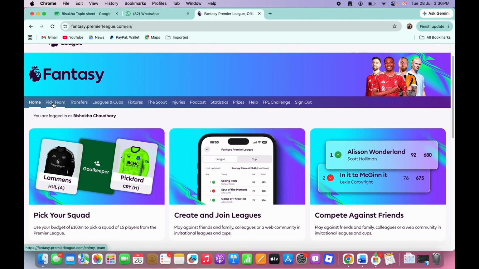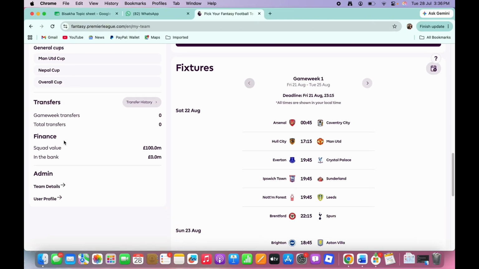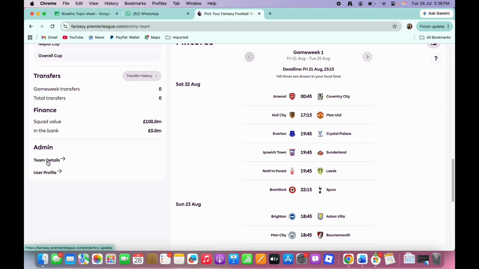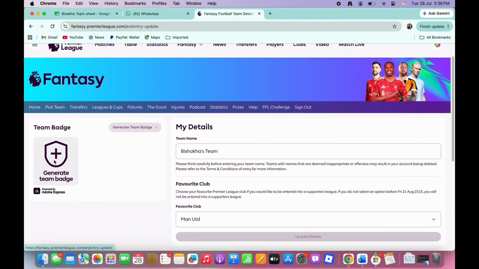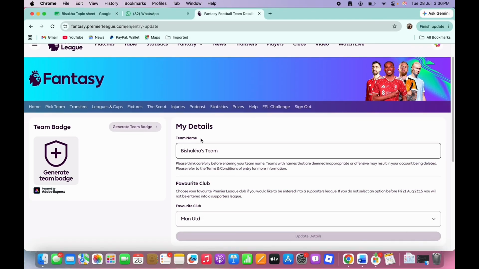the Pick Team option you see there, and then scroll down to the bottom and you will see the option for Team Details under the Admin tab. So tap on the Team Details option you see there, and you will see the option for Team Name text